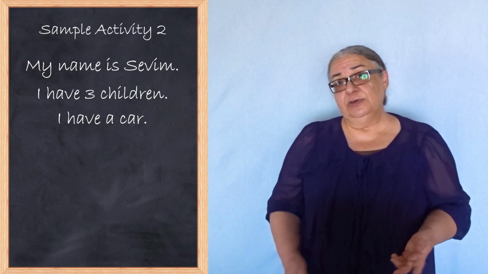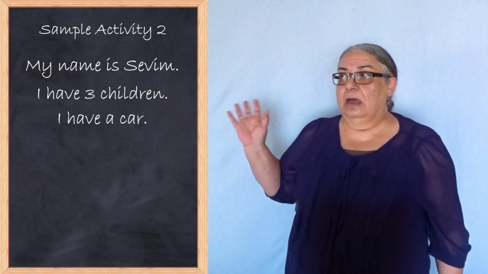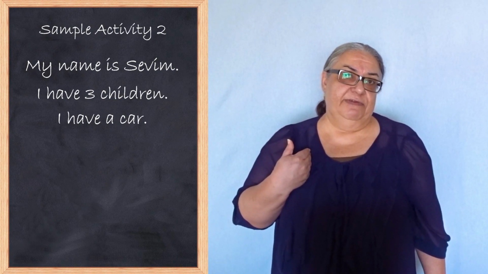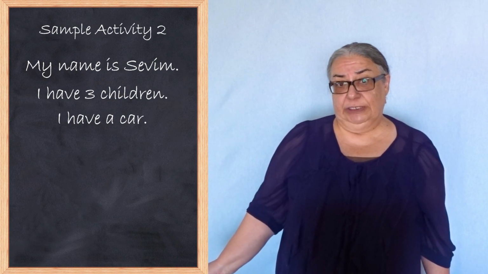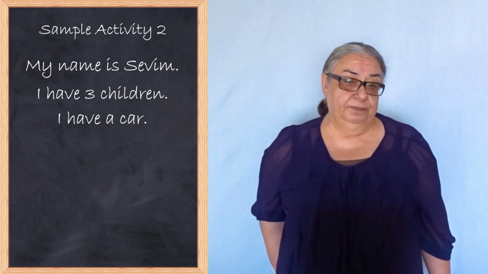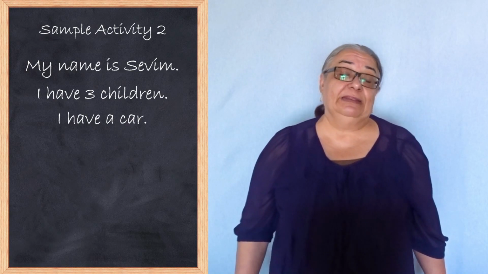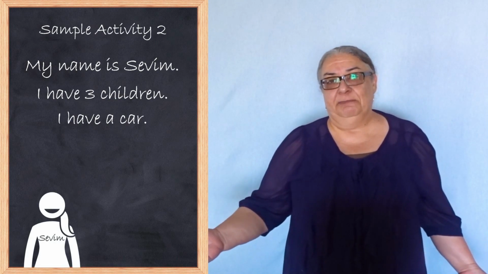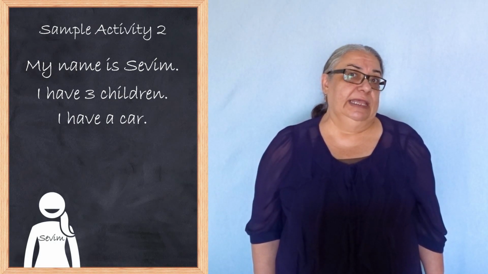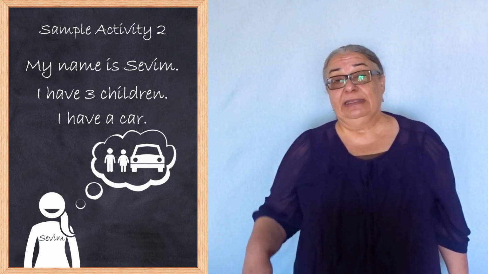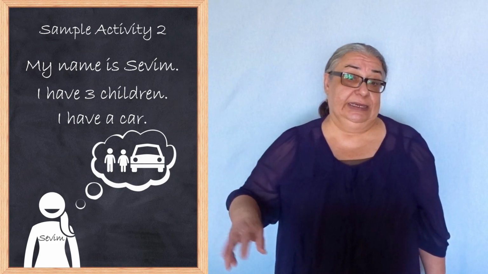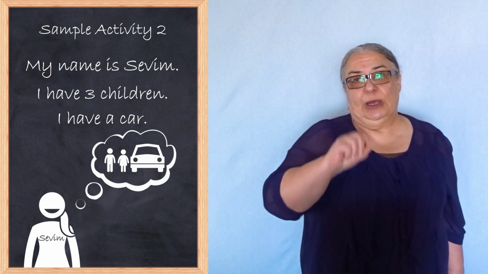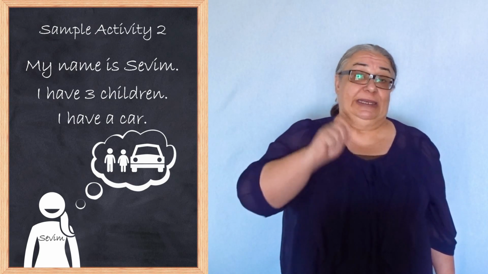carefully. As you can see here, I have 3 sentences, and it goes like, my name is Sevim, I have 3 children, and I have a car. Now, of course, my name is not Sevim, but that's not the lie part, okay? Let's assume that we have a teacher called Sevim, and in fact, she has only 2 children, but she writes here 3 children. So students are gonna